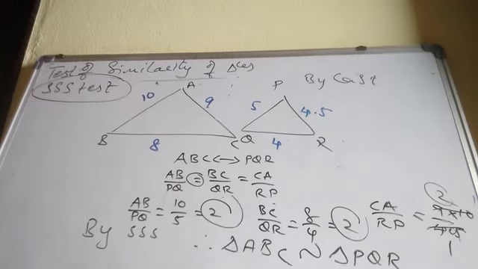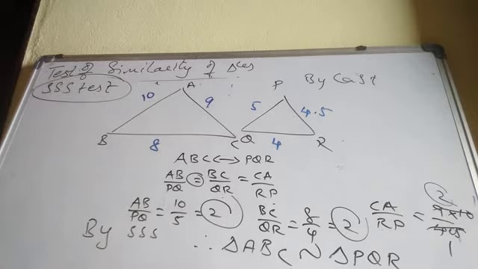Totally 3. One is triple A, and in brackets he has given the double A test. In both triangles, if you find two angles, by the AA test, the two triangles are similar. If you find three angles, by the triple A test of similarity, the two triangles are similar. The second one is SAS, side angle side. And the last one is triple S, side, side, side. These are the tests of similarity of triangles.